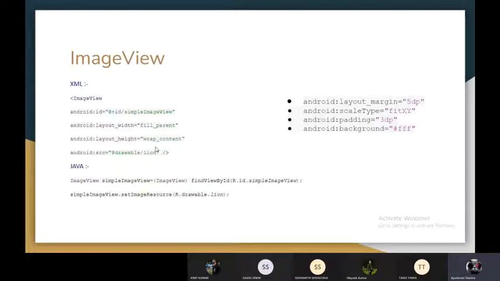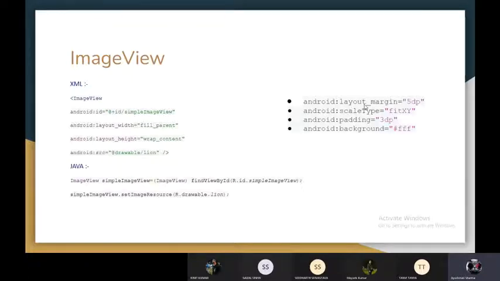Like if we write lion dash something, that name will not be considered. It should be in a particular format, like a simple lowercase name will be enough. And these are the attributes for it.